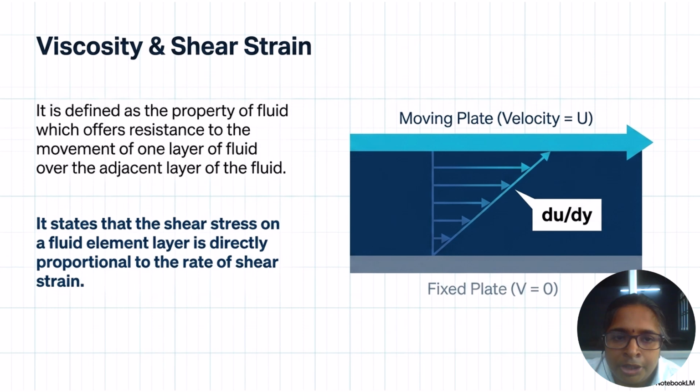The next property, viscosity, is defined as the property of a fluid which offers resistance to the movement of one layer of the fluid over the adjacent layer of the fluid. It also states that the shear stress on the fluid element layer is directly proportional to the rate of shear strain, and the moving plate moves with a velocity u, whereas the fixed plate has a velocity capital V equal to